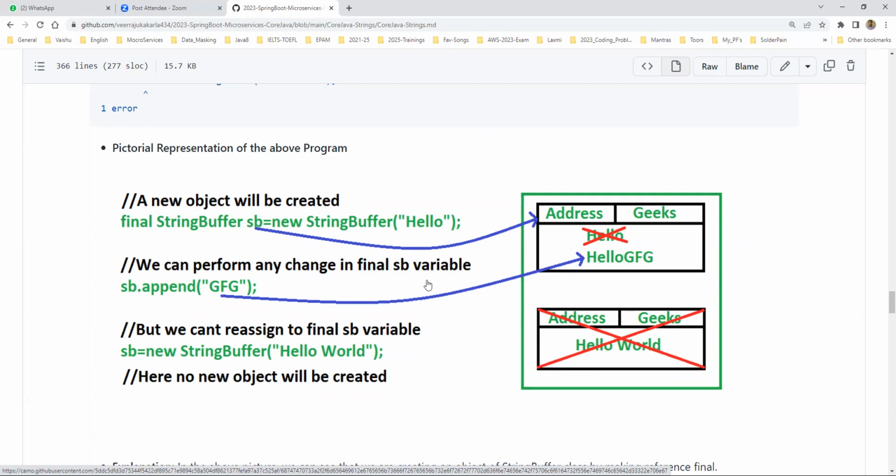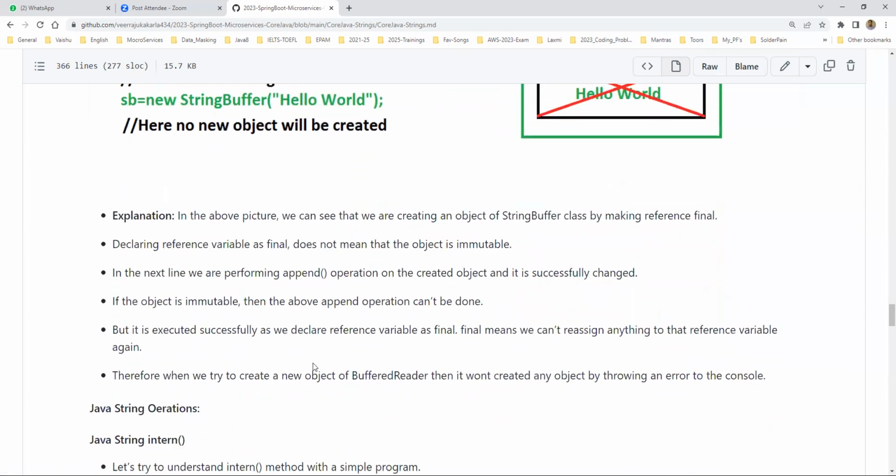We can perform any change on the object behind a final variable here. If it is a variable, we can do so. But we cannot reassign the final variable, we cannot reassign the final variable. So here no new object will be created. So we will see, this is also wrong, hello world. So we can see here,